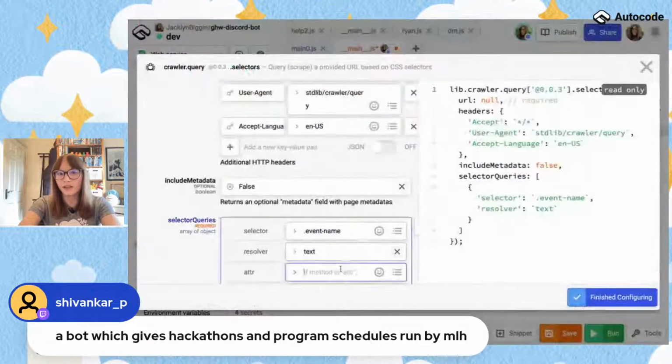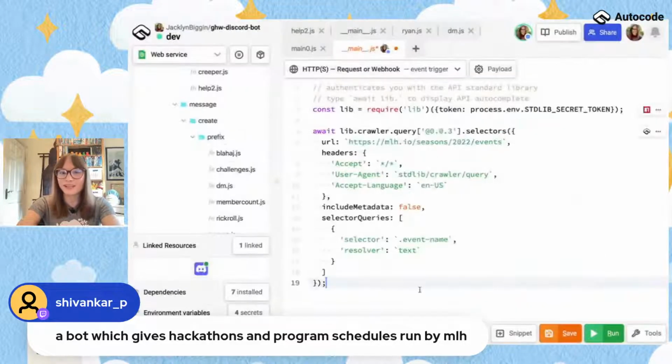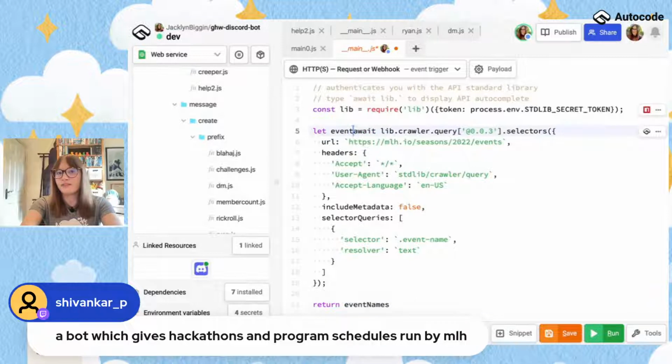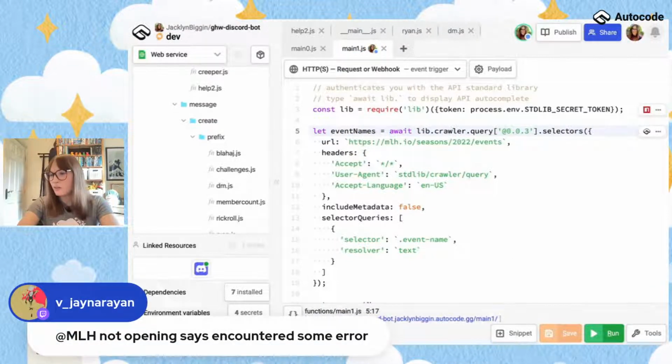And I think if I've done this right, because I'm doing this live without preparing it, so it's always a little bit difficult. But I believe I have just built an API which will give you a list of MLH events. You might get an error just because it might be rate limited or something, so that's kind of normal. If you're building something for real and not fast, you'll want to add things to make it crash less, but this should work now.